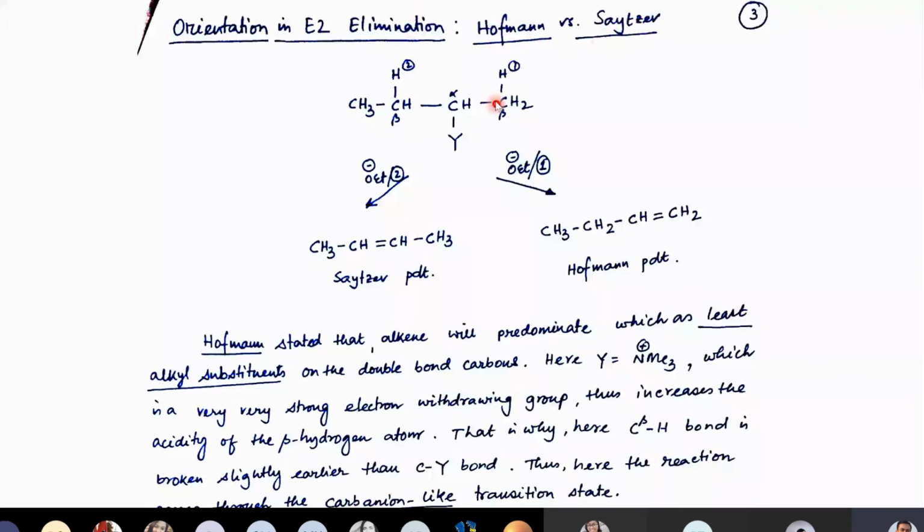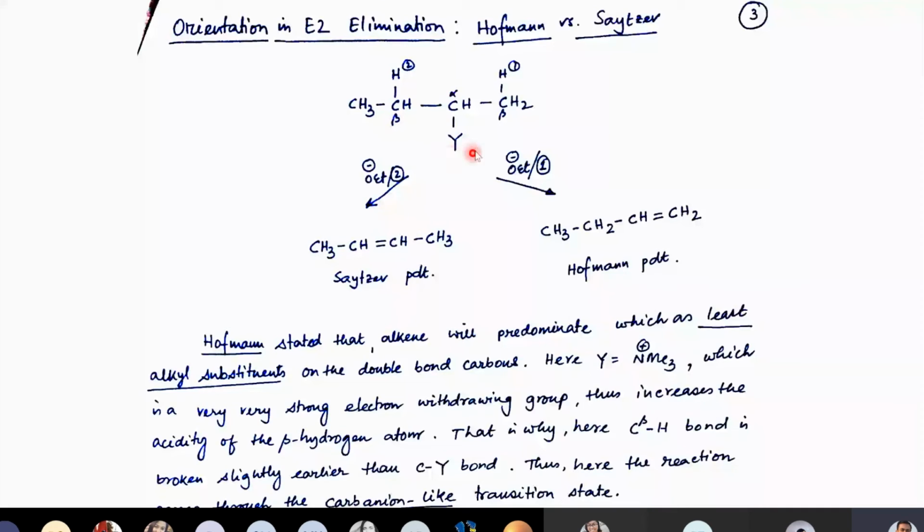They studied this elimination pathway using two different compounds where your leaving group is different, and both of them came up with two different mechanisms. Okay, two different postulates. Let's see what they have to say based on the leaving group. So we take this kind of substrate where you have the possibility of losing two different protons.